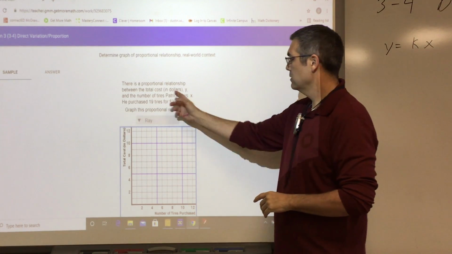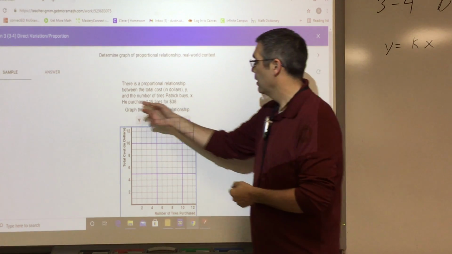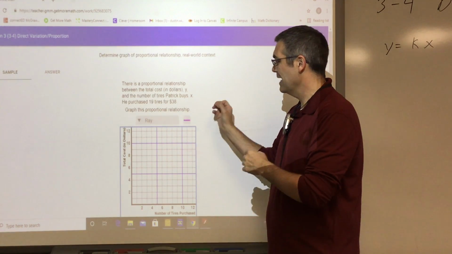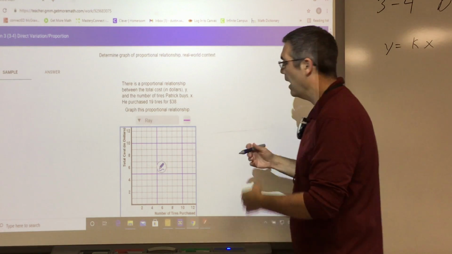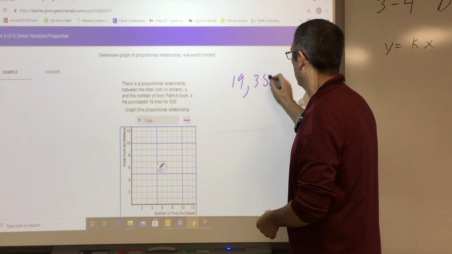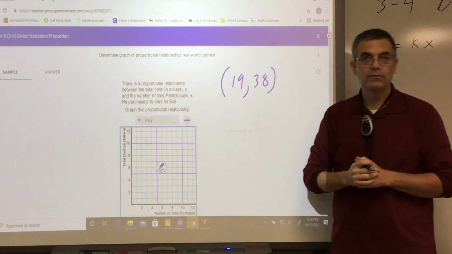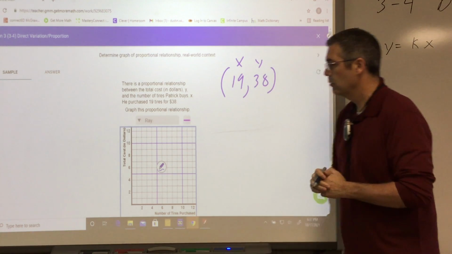Between the total cost in dollars, Y, so dollars is Y, and the number of tires Patrick buys, X, he purchased 19 tires for $38. Okay, so you have your X and your Y, 19 and 38. Here's your X, here's your Y. Well, we need to